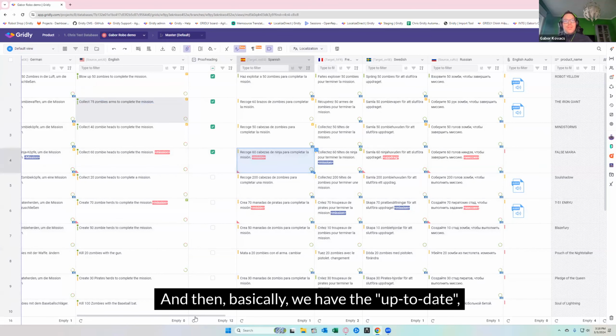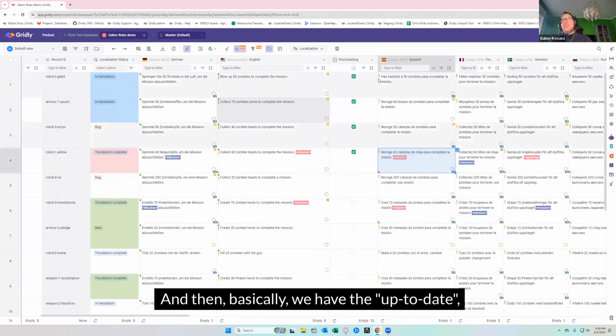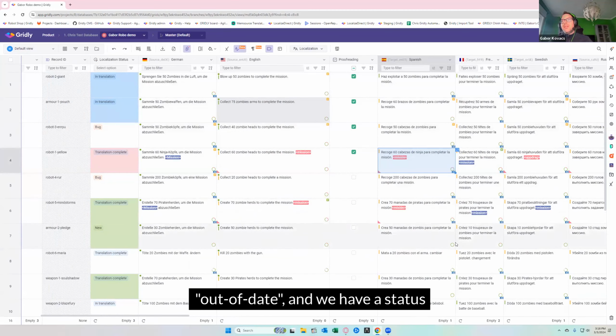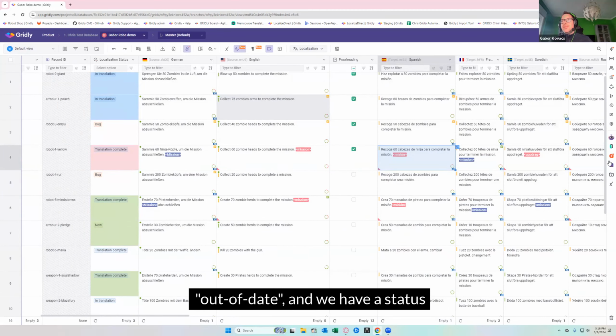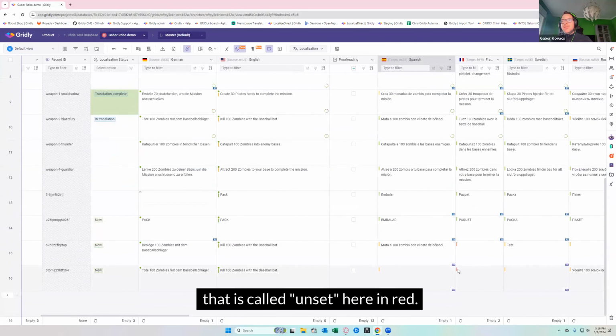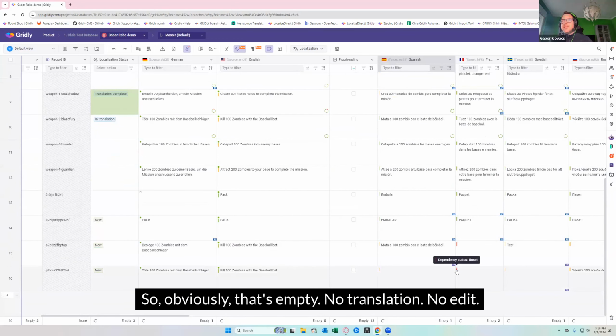And then basically we have the up-to-date and out-of-date statuses, and we have a status that is called unset, here in red. So obviously that's empty, no translation, no edit, nothing has